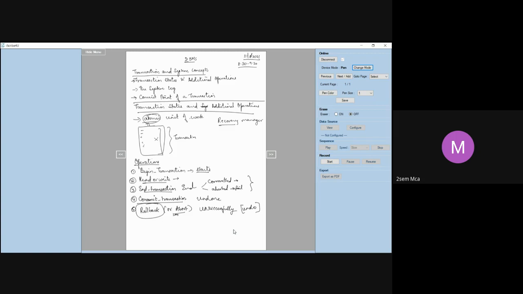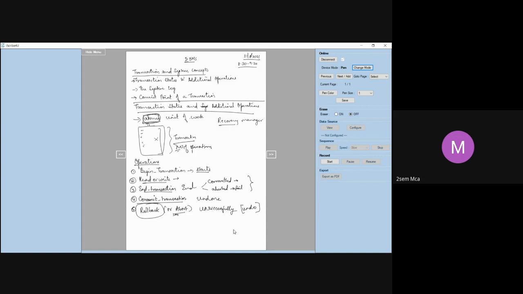So this is what is about transaction and additional operations. So far we have seen, I'll just give you a quick recap. We started off with what a transaction is. We said a transaction is nothing but an atomic unit of work. Atomic unit means it is such a piece of code that you cannot break into further pieces. A transaction will always have a number of operations that make up one particular transaction, right? And when you try to execute a transaction, you either execute all these operations or you don't execute any of them.